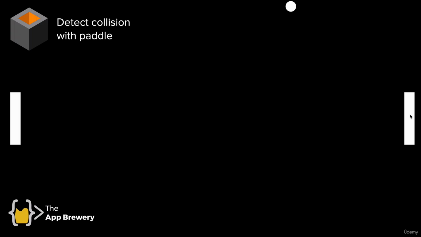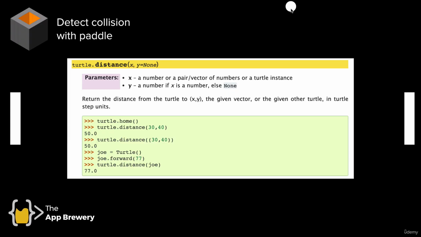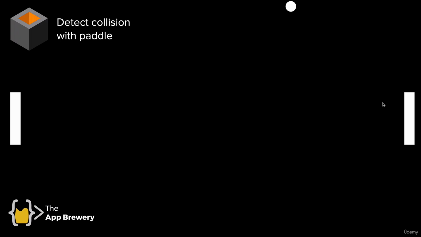Normally we use the distance method to check what is the distance between the ball and the paddle. And if it's less than a certain amount, then we can be relatively sure that they've made contact with each other. So the code that we normally use would be something like this. We get our ball and we check its distance from the paddle. Now remember that our ball has a width of 20 pixels and our paddle has a width of 20 pixels. Normally we would say, well, if that distance between the two of them is less than 20, then they've